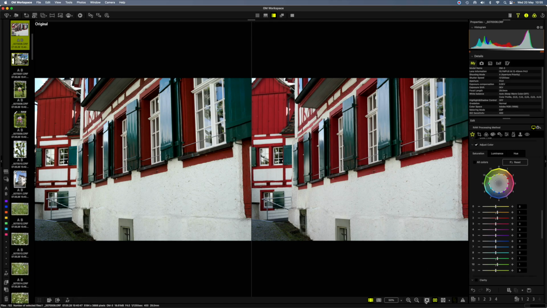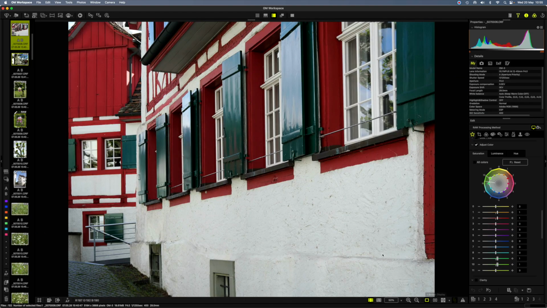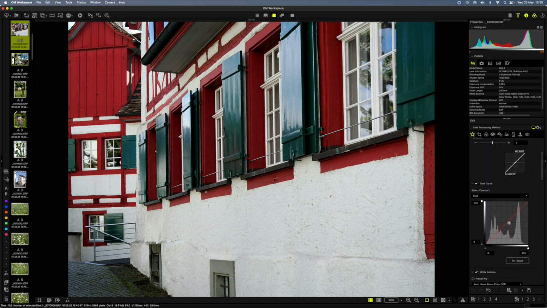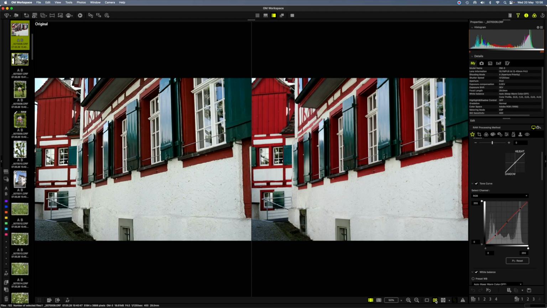I want to go back to the full screen on the image that I'm editing, and I personally, for example, like to add a bit of contrast. I do it on tonal values like this here. I think it's more accurate because we're working in RGB values and not normal contrast. If I don't have any other choice, I will use the contrast in the camera. But if I have a choice, like with Workspace, I do it over here. And again, only a small S-curve. And now you can really see the difference with only a few small changes between these two images. This is the original, and this is the new one.